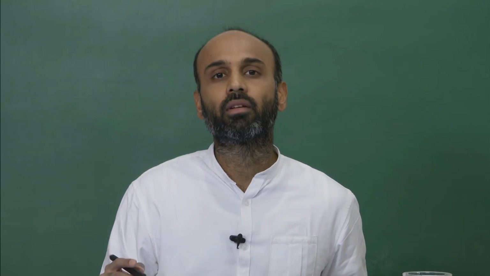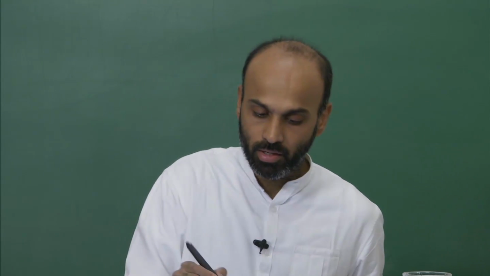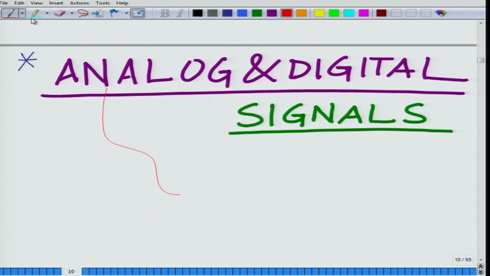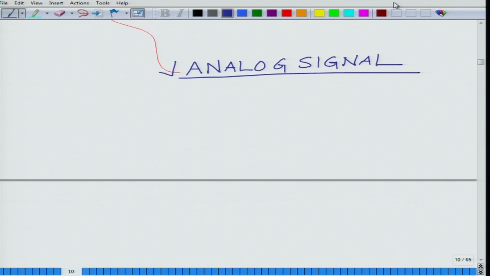These are continuous time signals which can take all possible values over a continuous interval. Okay, so an analog signal is a continuous time signal x(t), correct? It is a continuous time signal x(t)